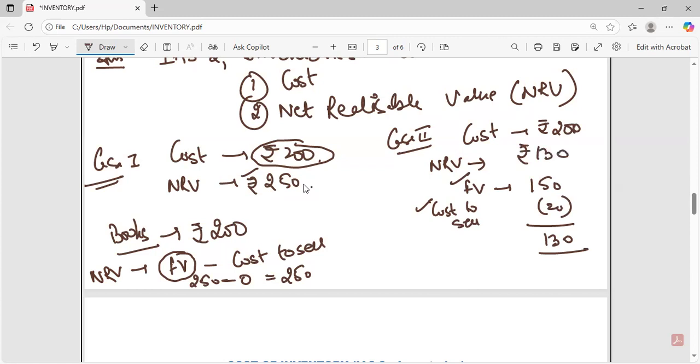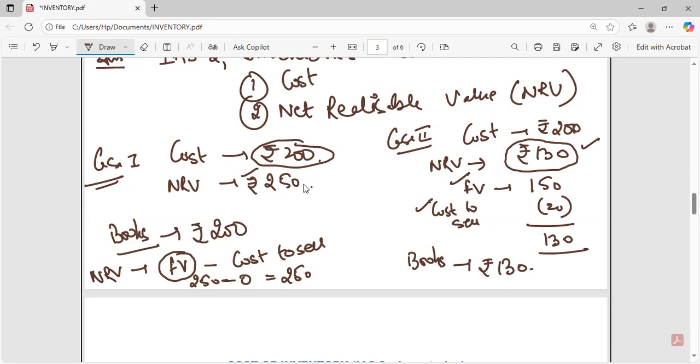Now at what price should I record this? I will record at lower of cost or NRV. The lower is 130. Okay, so that's why Bella would record this pizza in the inventory in her books at 130. Okay, this final pizza is her inventory. So at what price will she record? She will record at 130 because when she will go to the market to sell these pizzas, she will only get 130. Okay, that's why I will record my inventory at 130 only.